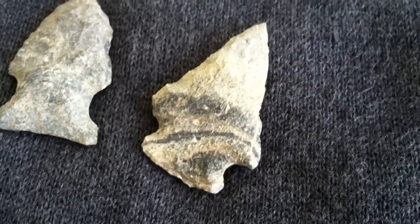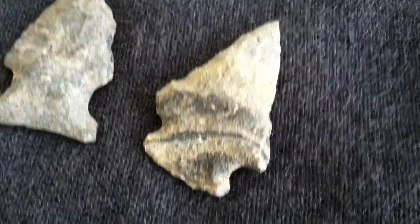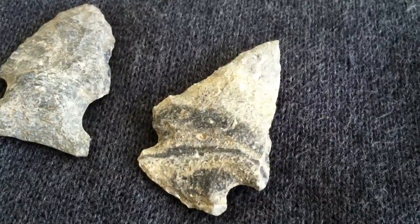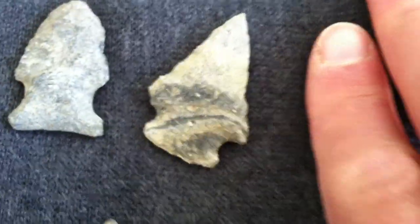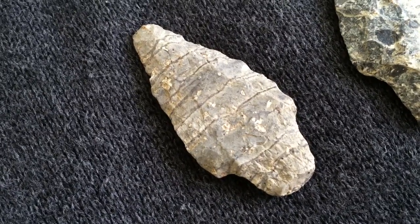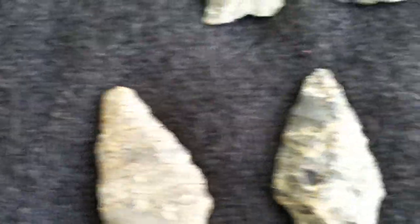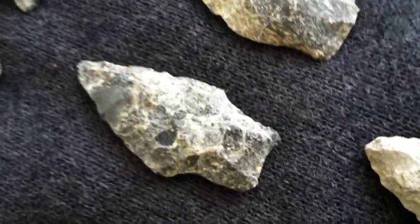But until that time, I just want to do my best to, you know, honor the majority race that's been before us. Look at this point, will you? That is something else. And these are all about, you know, 2 inches long or so. Just to give you a close-up of some of these and the materials that they're made out of. Don't even know. And when they're wet, you guys know it's just 100% different. You can imagine what they are wet, but I just didn't even bother wetting them all down. Just wanted to do this fairly quickly and give everybody a little bit of an idea of what these points